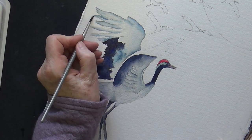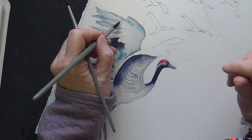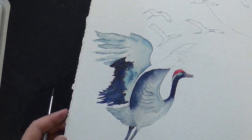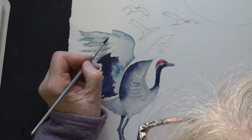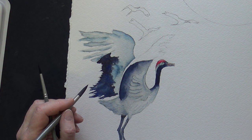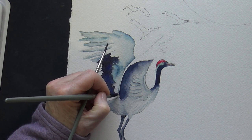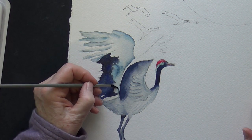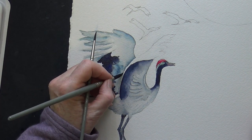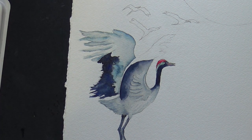So I want to do this one a little darker. There you go. See if anything looks weird. I think that's okay. And I do think I need to just darken here a little bit to bring that white edge out on the wing. There. And then we have